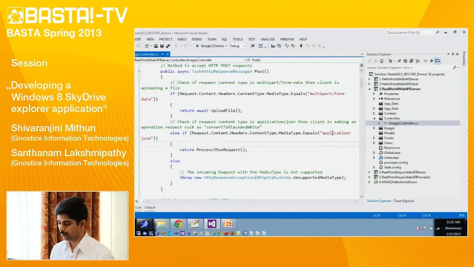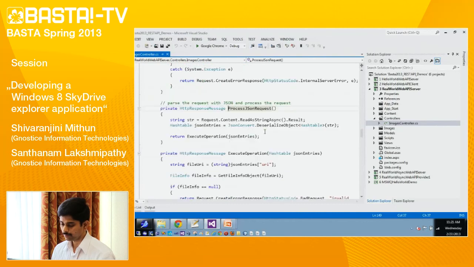That request comes to this if condition, and it processes the JSON request. So here we have to create a queue on the message queue server, send our operation request to the request queue, and send an acknowledgement to the client with the job ID to track the message in the message queue server.